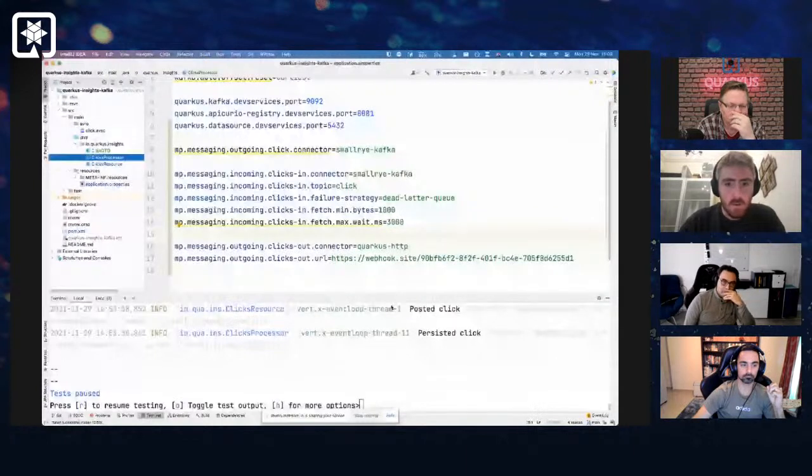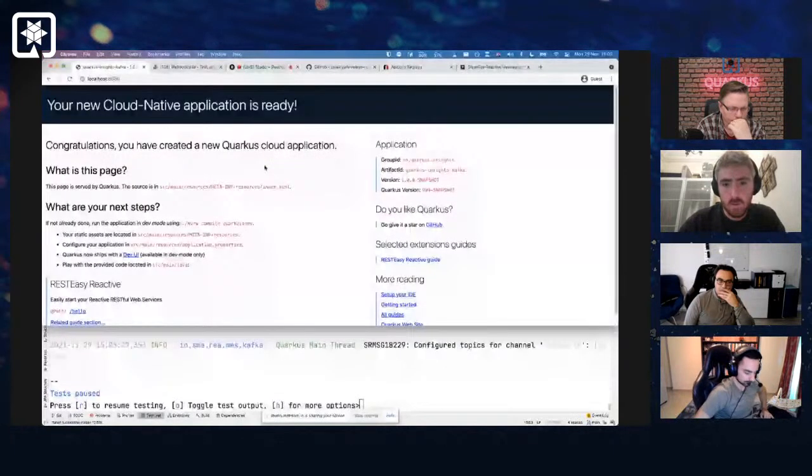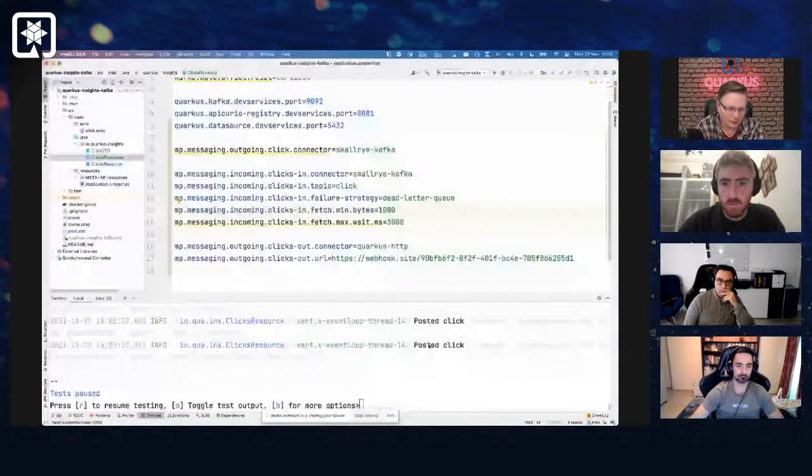Actually, the consumer now will wait for 3 seconds to fill up the batch, and as soon as it has like 1 kilobyte of messages there, it will trigger the batch. So I should see that